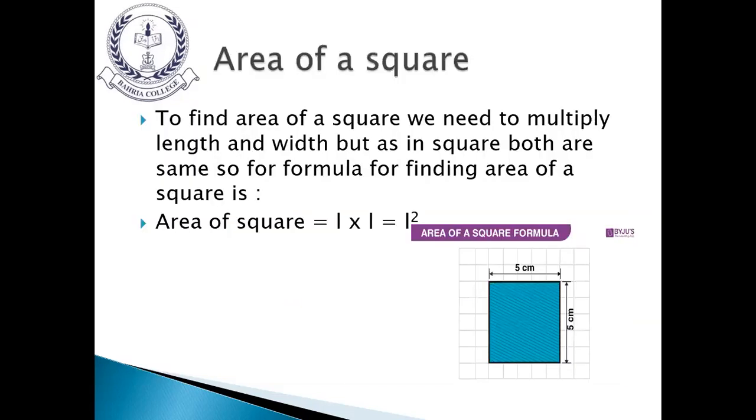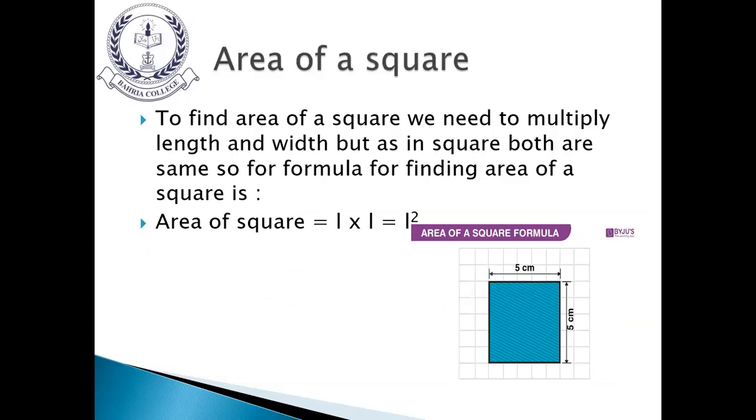Now area of a square, so definitely we are going to find out area of different shapes. First of all, the simplest shape is the square. In the perimeter, I told you that a square is a shape having all four sides equal. So in perimeter, we multiply the length by 4 because all four sides are the same, so there is no need to write L plus L plus L plus L. Now in area, what do we have to do? We multiply L by L. Why are we writing it so? Because length and width are the same.